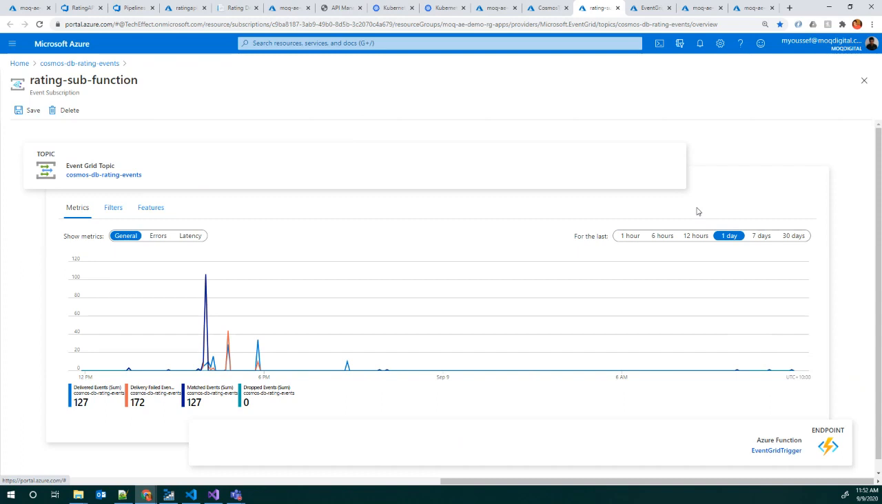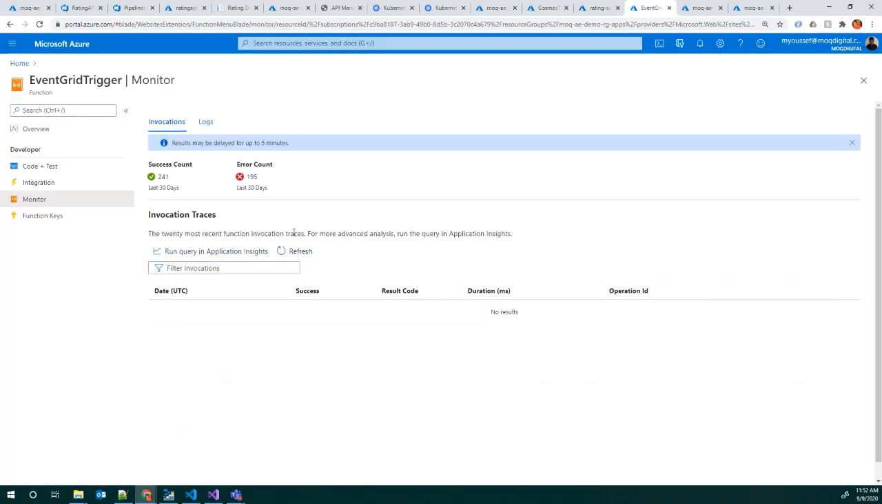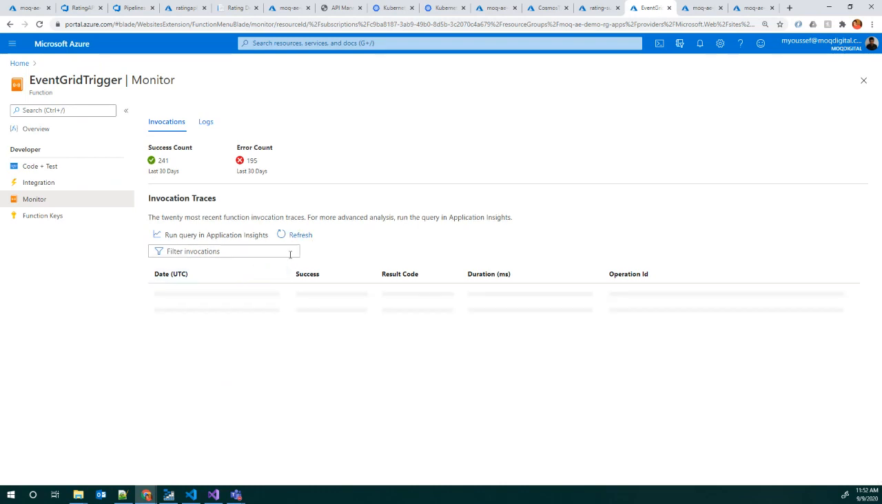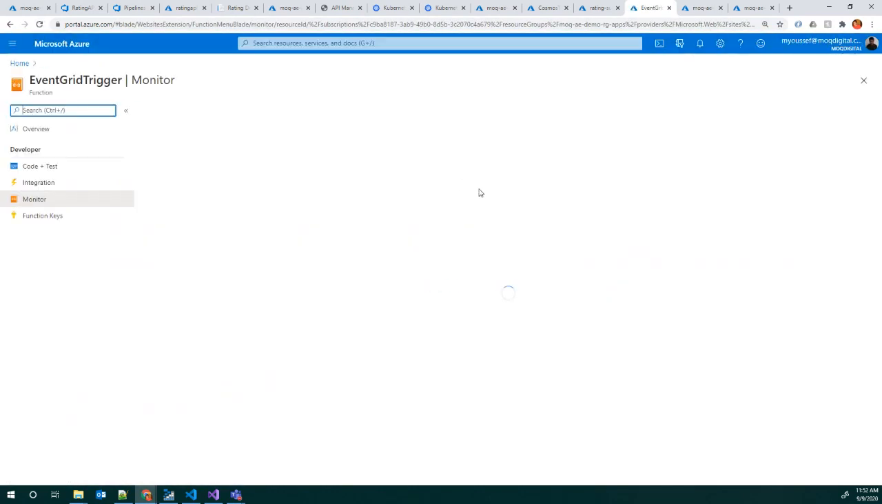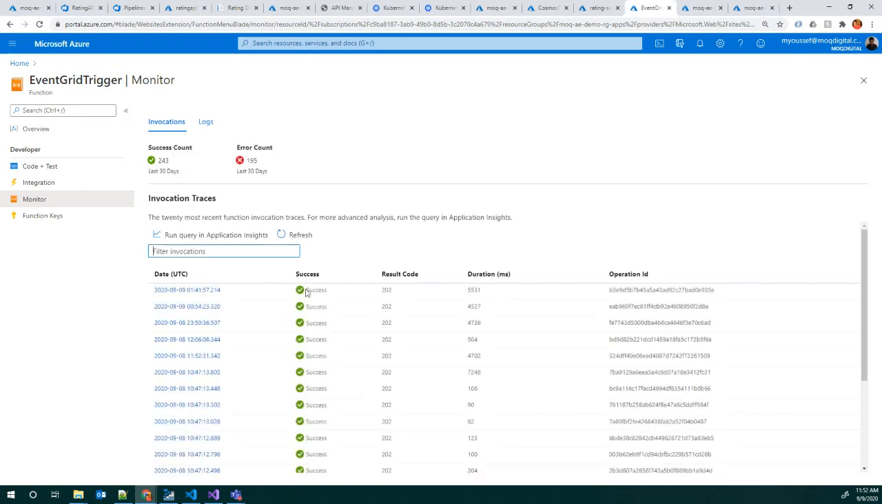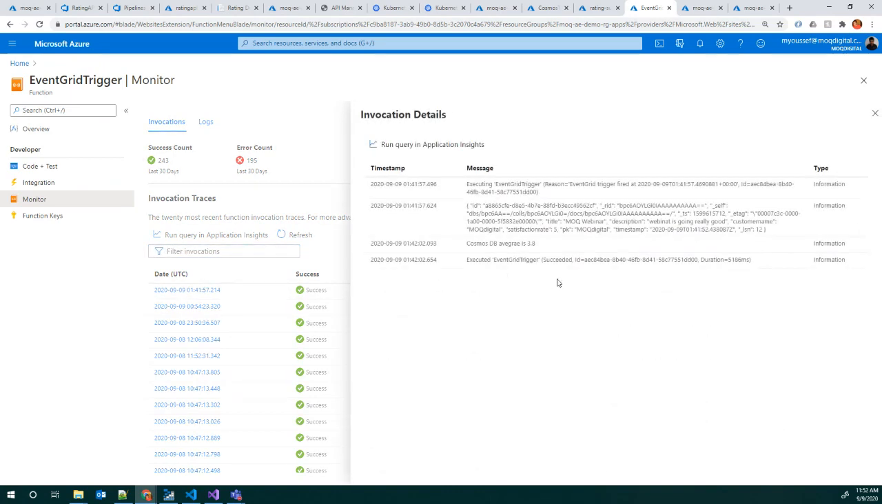The job of this function is essentially to calculate the new average rating, since a new rating has been added, and store it in table storage. Now, if I move to this Azure function and click refresh to see the last successful run, this one is not displayed for some reason. If I click refresh, yeah, so we can see that it is in UTC, but this just happened a few minutes ago. If I click on the last successful run, I can see that the Cosmos DB average rating is now